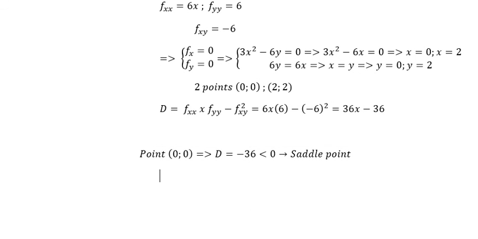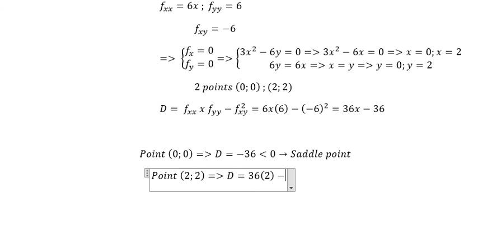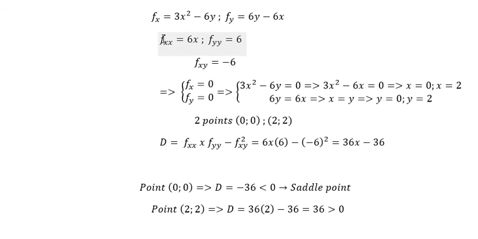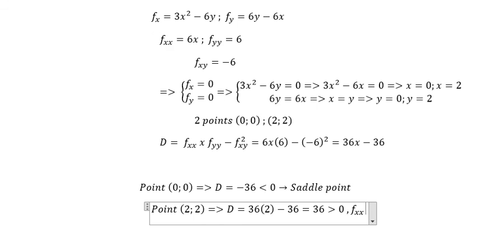The next one, the point 2, 2. So we have D is 36 multiplied with the number 2, minus 36. We get 36, which is a positive number. And now we have this one. We put the number 2 in here. So you get f_xx greater than 0. So it means this is the minimum value